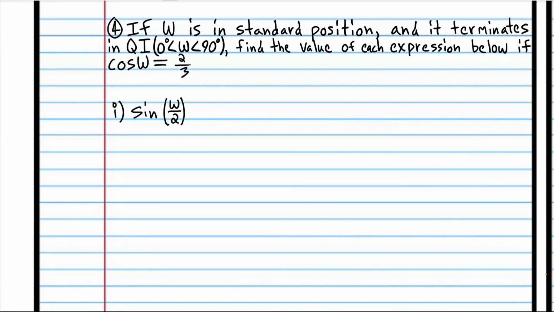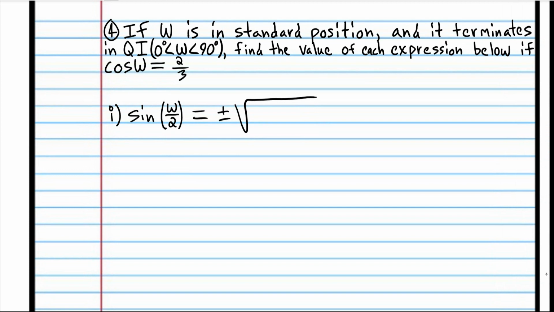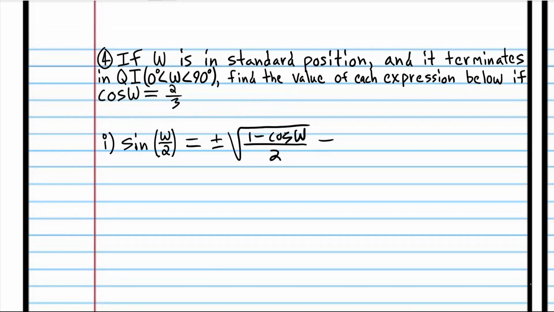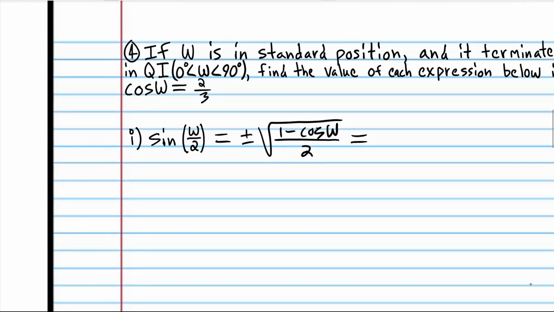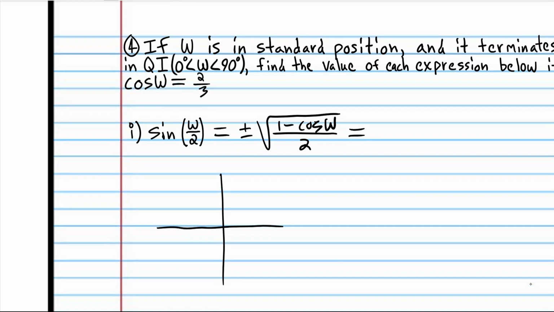So we're going to use a half-angle formula. This time we're going to use a sine half-angle formula. And so we're going to have 1 minus cosine omega. And first thing we need to do is determine if we're going to use a positive symbol or a negative symbol. And to explain that, well, we know that omega is between 0 and 90 degrees, and if we divide omega by 2,